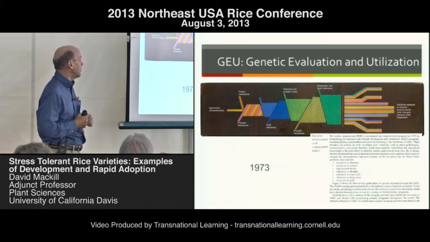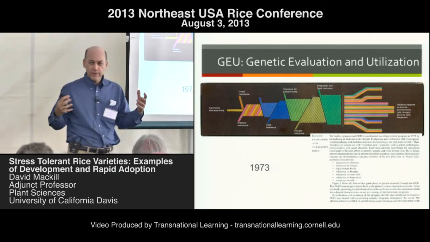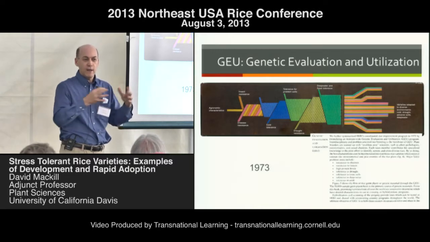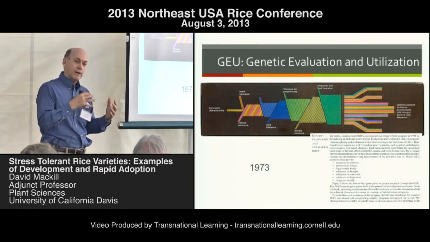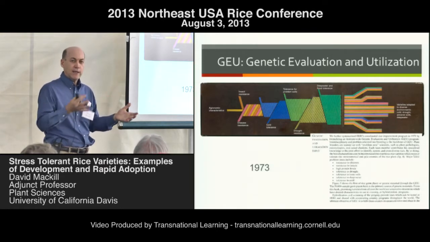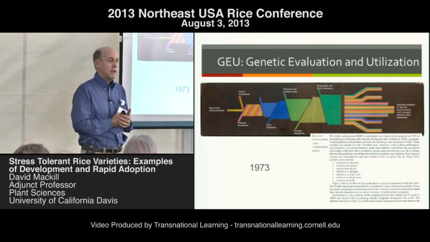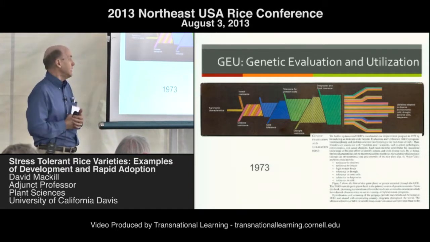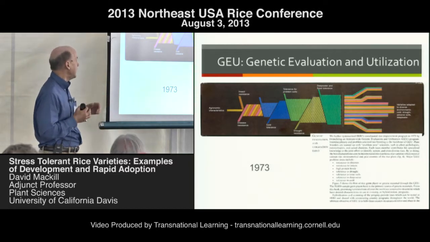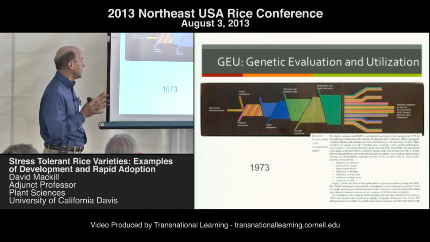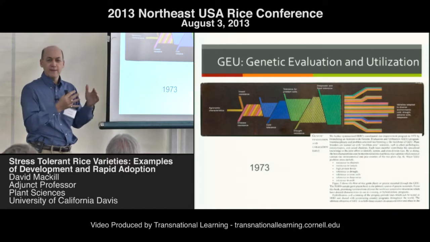And so the purpose of this program was to look for sources of tolerance to these stresses in the world rice collection, and then start to transfer these sources of stress tolerance, these genes, into improved varieties through breeding, through the normal breeding methods. And so this was a very large program involving many scientists, not only plant breeders, but all different disciplines of scientists, focused on this process of identifying the sources of tolerance and then assembling them into